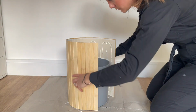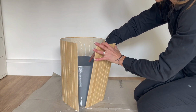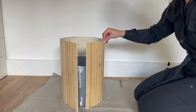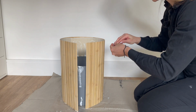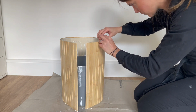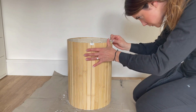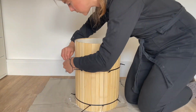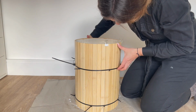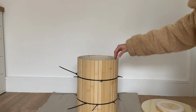I clipped mine into place to keep it all in line, and I just used some fold back clips that I had in the office. This just means that the whole of it stays in line because it can move, and again, this step's quite fiddly. Then I decided to cable tie it all together, again just to keep it much more secure and to keep it tight. You then need to leave it to dry, and then once it's dry you can take off your clips,